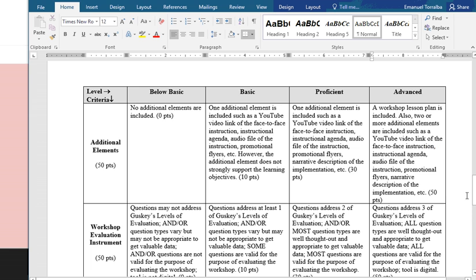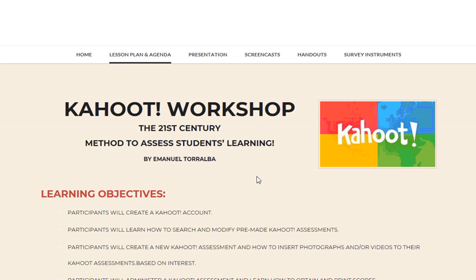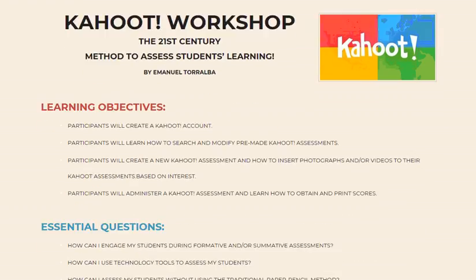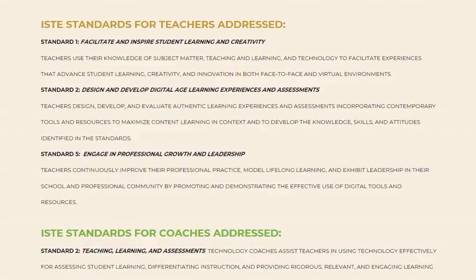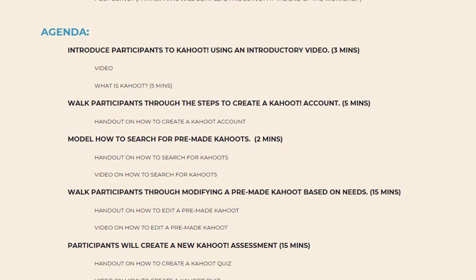The third element is additional elements, the lesson plan. You can get to the lesson plan itself by clicking on the lesson plan and agenda. And here's my lesson plan again, displaying the learning objectives, essential questions, my standards, my materials. And just like the document itself that I created for my lesson plan, I link all